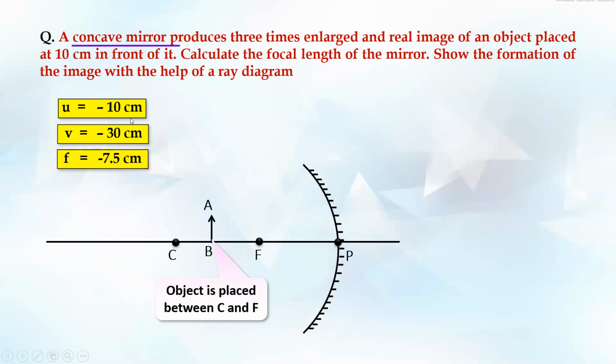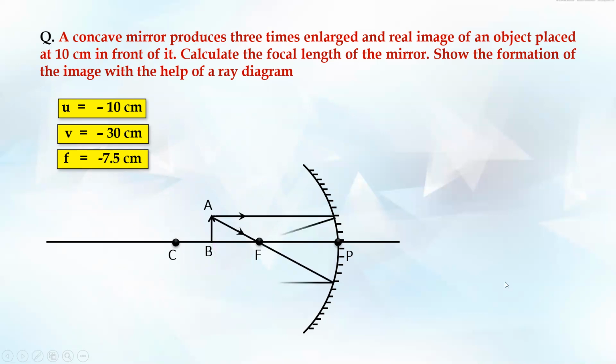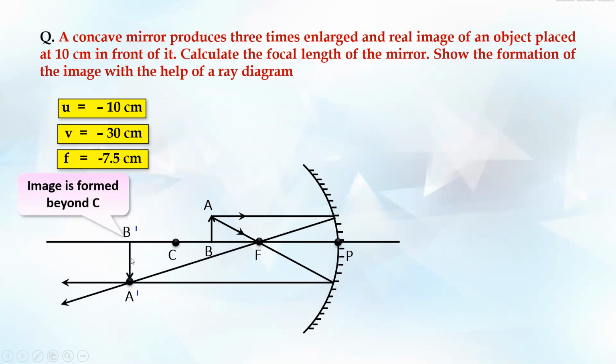Object is minus 10 left, meaning somewhere between 7.5 and 15. So hence if you go, it intersects somewhere here. So this is the image formed. The image distance is what? Image distance is 30. So from here you can simply mark it out. From here the distance is 30 centimeter. So that's how. So this can be a 5-mark question, right? Sum as well as a diagram for it.